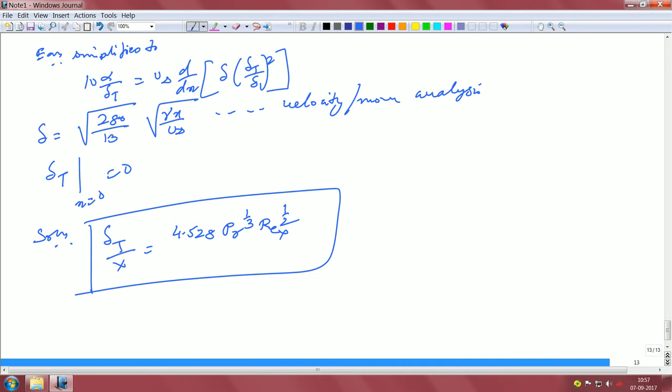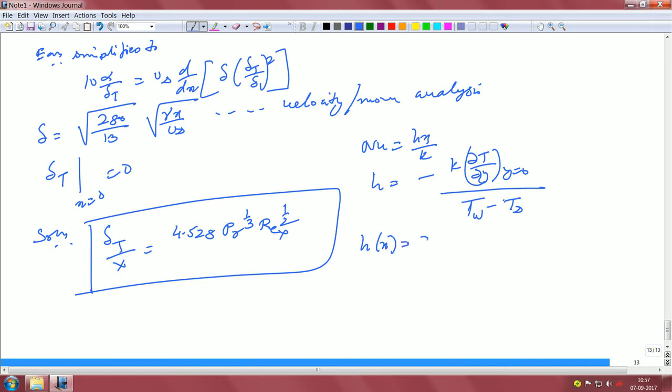Okay. So, that is the expression that we get, delta t by delta. Now, we already know Nusselt number is defined as h x by k, and h is defined as k, just to recap, dT/dy at y equal to 0 divided by T wall minus T infinity, not T s, right, that we already knew. So, now it becomes a very simple thing that h x then becomes 3 by 2 k by delta t,